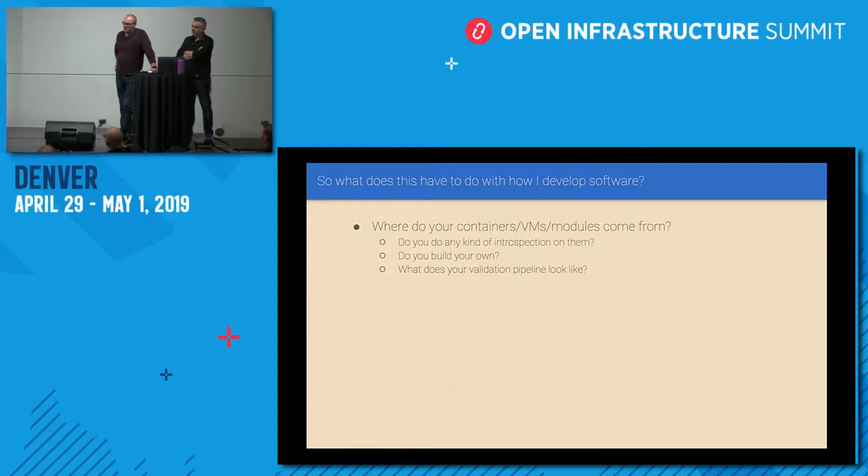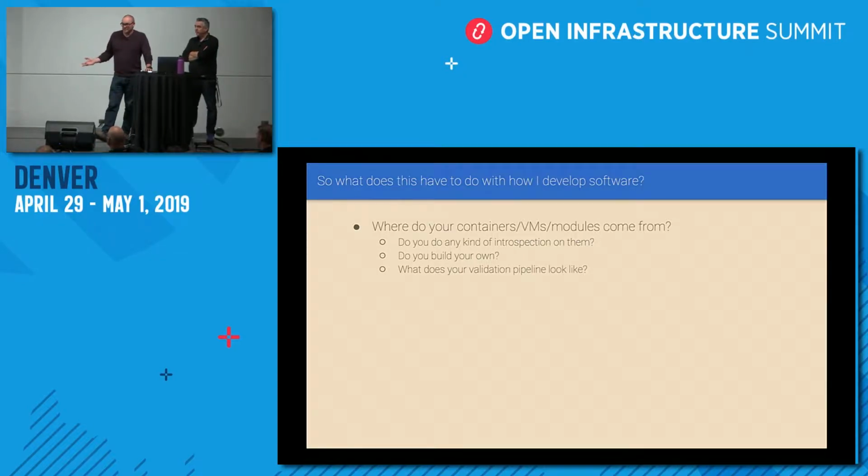So at Cisco, we use a bunch of different tools, some of which are commercial tools, to introspect on our containers. And what we discovered was horrifying. I won't throw anybody under the bus, but Alpine is terrible. And so if you're using Alpine, I would encourage you to reconsider it, and we can talk about that later. So do introspection on it.